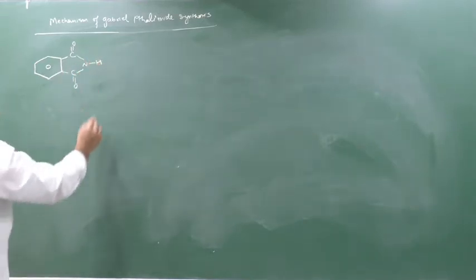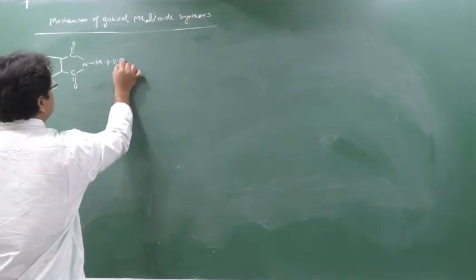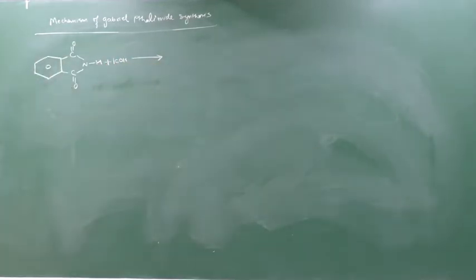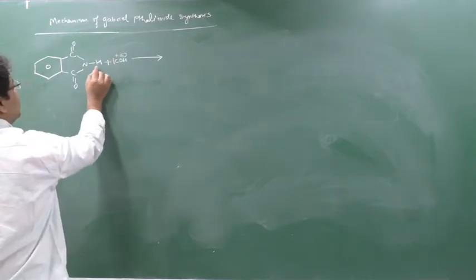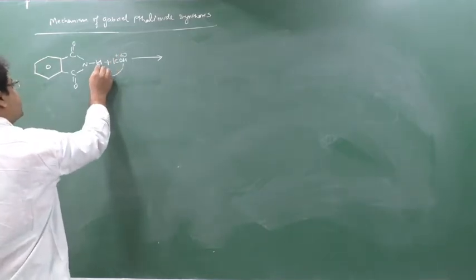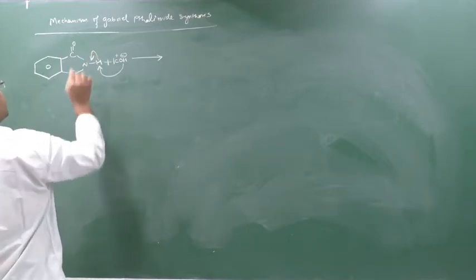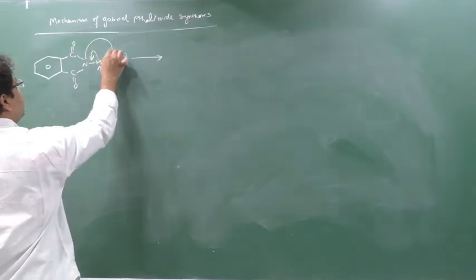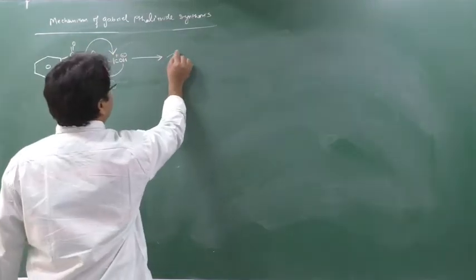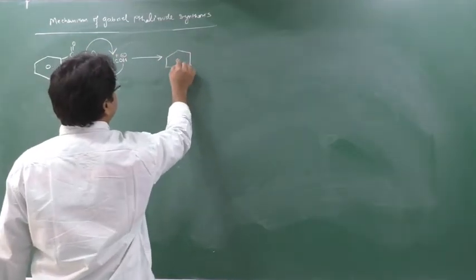This is phthalimide. It is made to react with KOH in the first step, or you can take NaOH. Okay. So beta, this is plus, this is minus, this is an acidic hydrogen. So this OH minus will attract this H, and this H will be released from this place. So what will form? This will get a minus charge here. Yes or no? So this will come with potassium. So you will obtain this kind of compound.